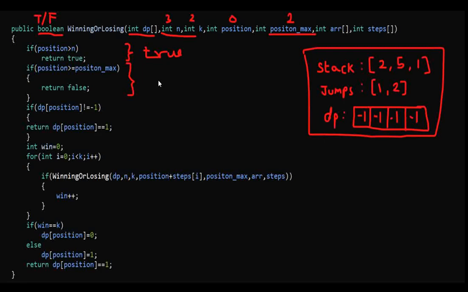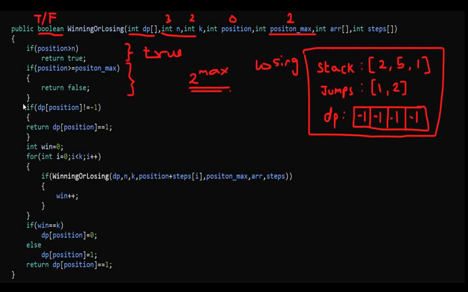In the second place, if we make a jump and reach an index anywhere between position max and n, which means in this case if we land anywhere between 5 and the end of the stack, it means that after this jump, the player who made this jump has already scored the value 2 power max, since he passes by the maximum value in the stack. So in this case, that player already wins the game, and hence the current position becomes a losing state. Since the first player has already scored 2 power max, he's already going to win the game. Right, these are the two base cases.